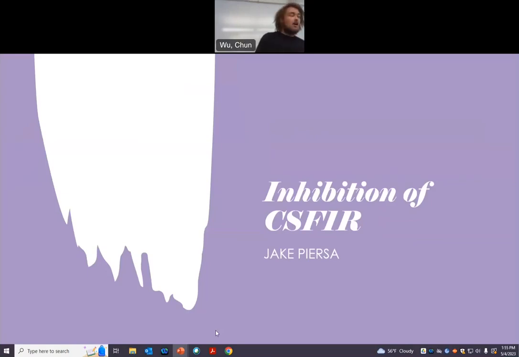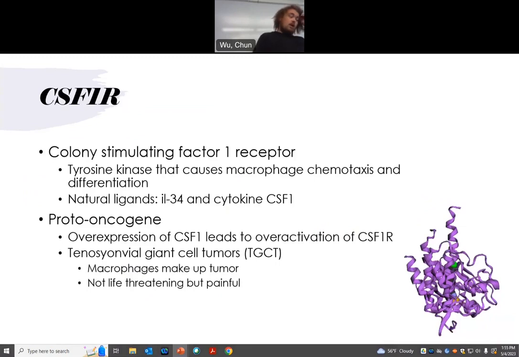Okay. At the inhibition of CSF1R. So basically, this is colony stimulating factor 1 receptor. This is a tyrosine kinase that causes macrophage differentiation. The natural ligands of this receptor are interleukin 34 and cytokine CSF1. It's a proto-oncogene. So overexpression of CSF1 leads to overactivation of CSF1R, which leads to synovial giant cell tumors, which